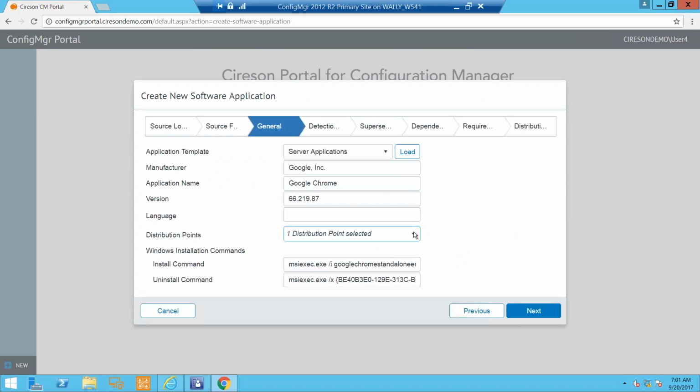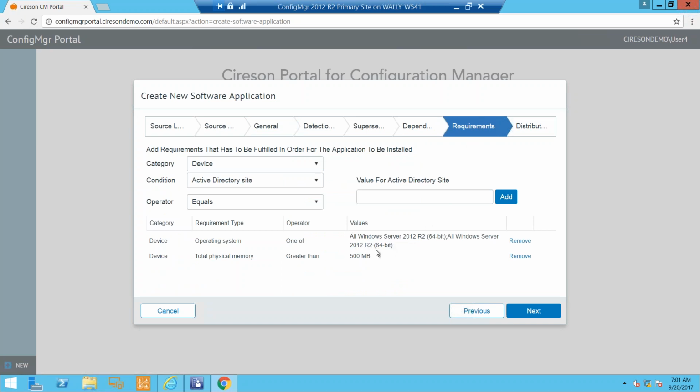So I just load the appropriate template, and it changes my values. Now my DP is no longer the client DP, but it's the data center DP. And I've got different requirement rules. So I've got memory in here along with some server-based OSs. That very simply allows me to go in there and load this template as I'm creating software